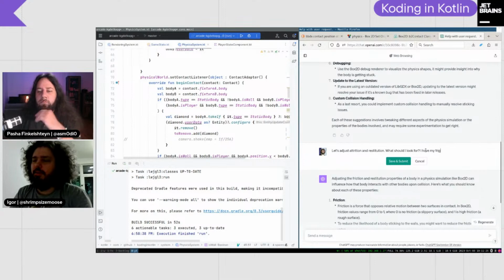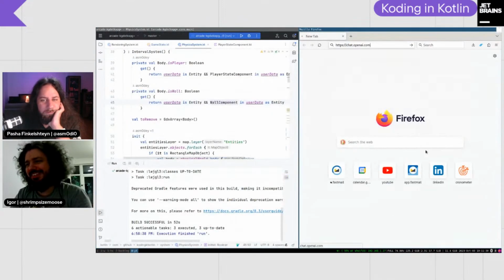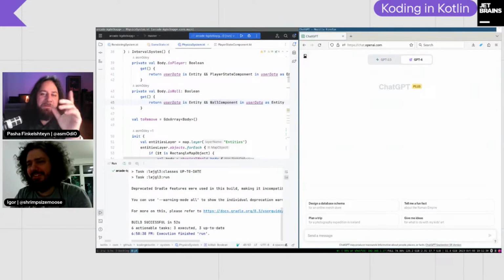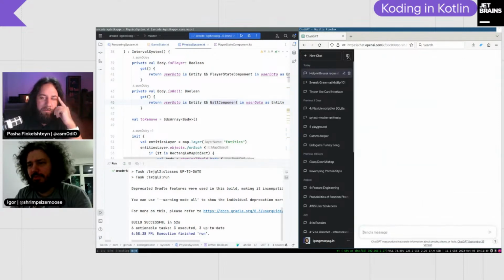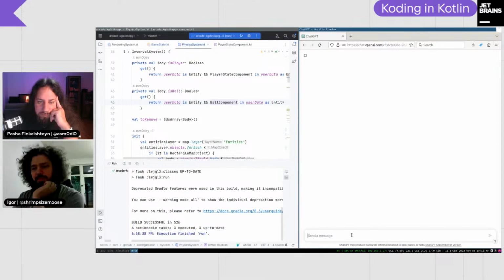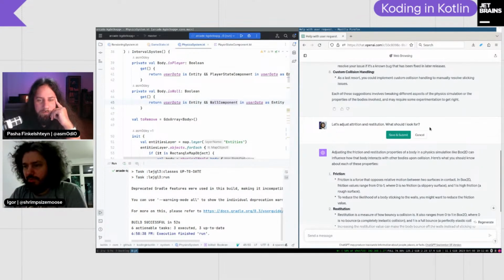I closed the window. Shoot. But you should be able to reuse it. Where is it? Just wait a second. Okay. Here, what should I use?